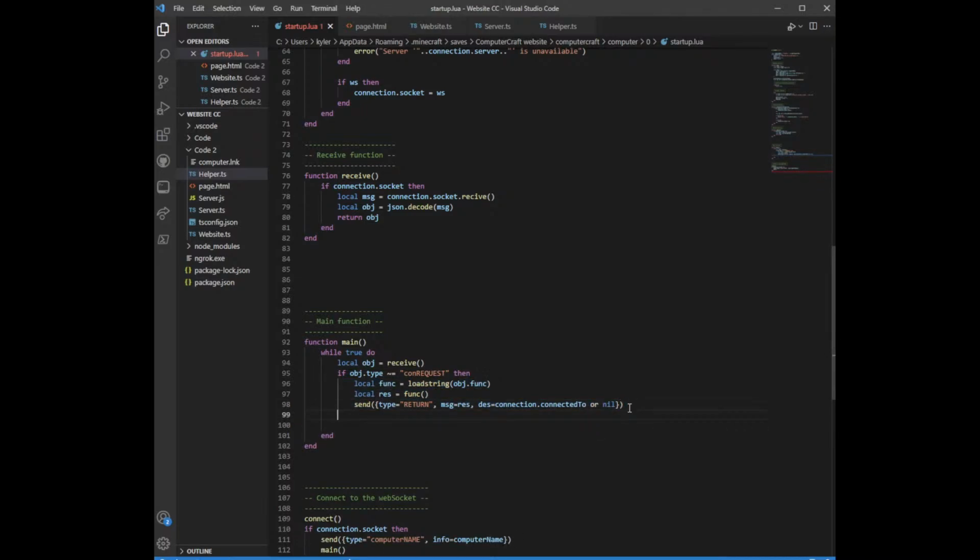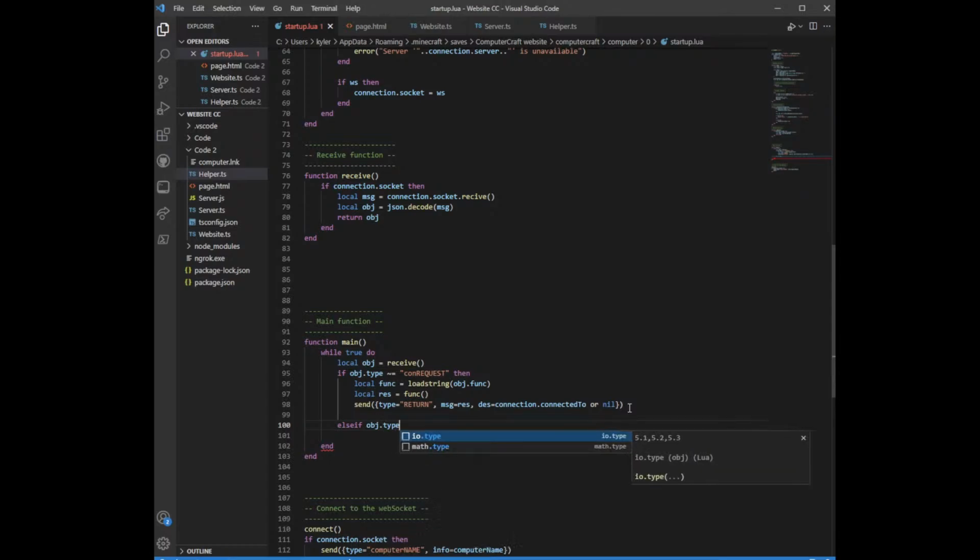Don't need that anymore. Now we're going to go else if object dot type is equal to, oh wait a minute, hold on. We're going to say if it's equal to a command, because that's what that is. Now if object type is equal to con request,